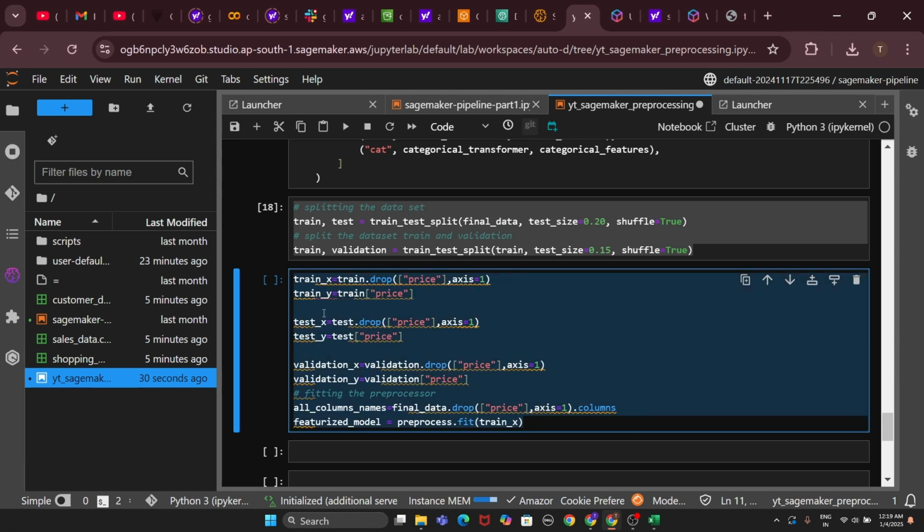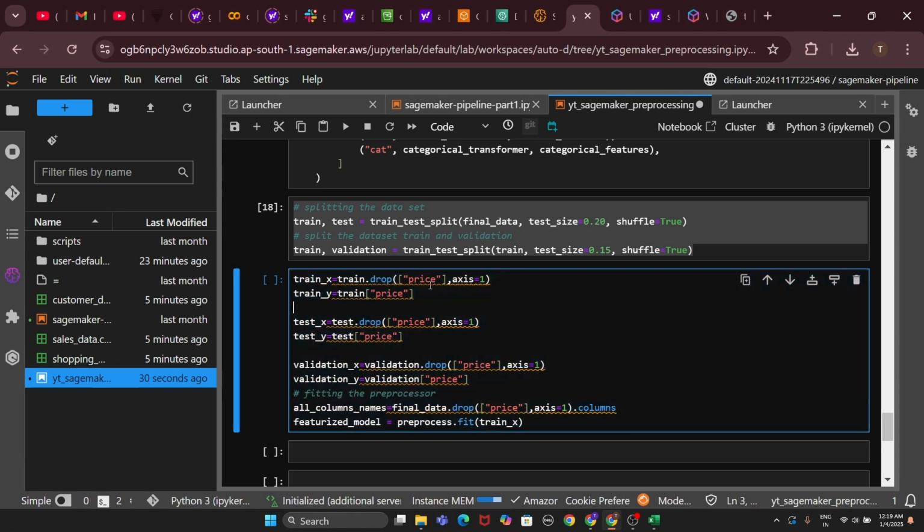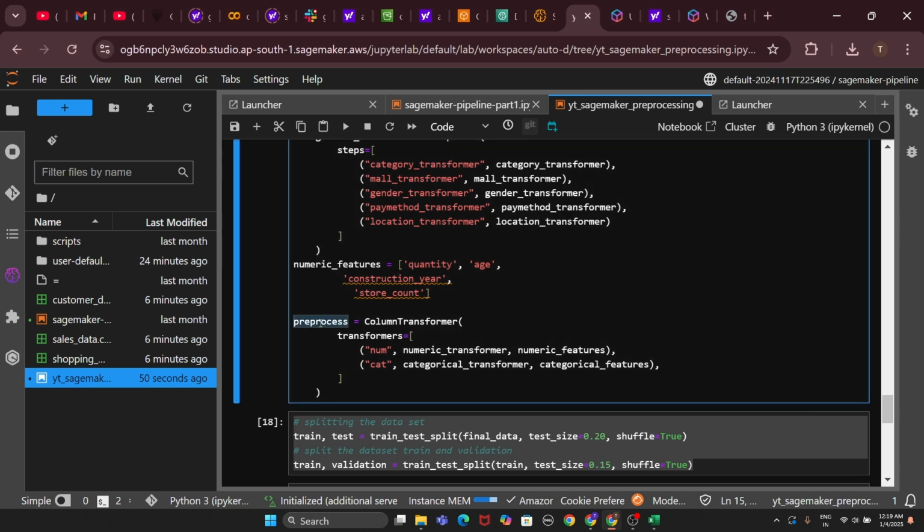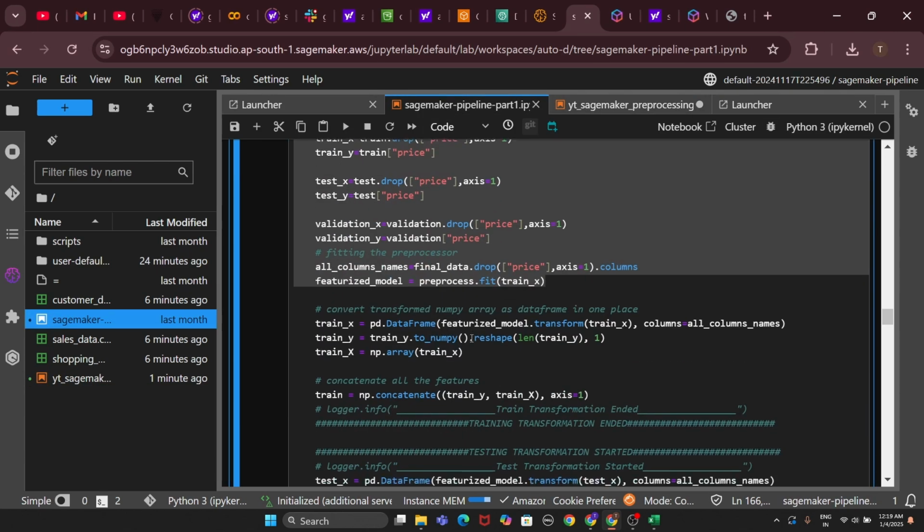Okay, as you can see, from the training data I'm dropping the price column, and for the y column I'm keeping only the price. For testing also I'm doing the same, for validation also I'm doing the same. Now I'm trying to get all the column names from the final data except the price column because I don't want it. Okay, and I'm doing featurized model, preprocess.fit. If you can see, what the preprocess was, it was this one. So when I'm calling fit, it is going to fit on the dataset that we had,